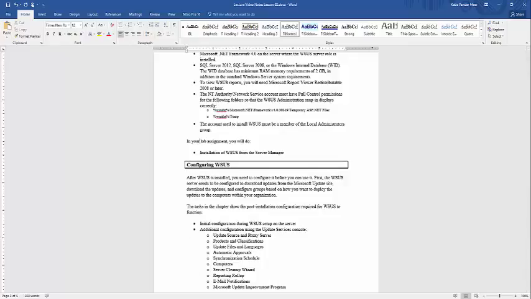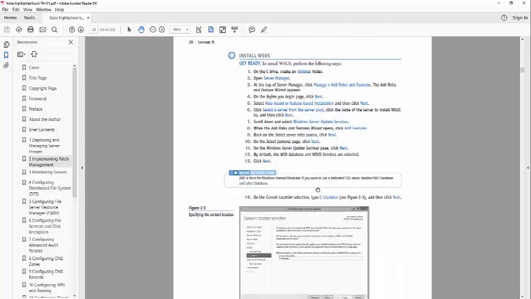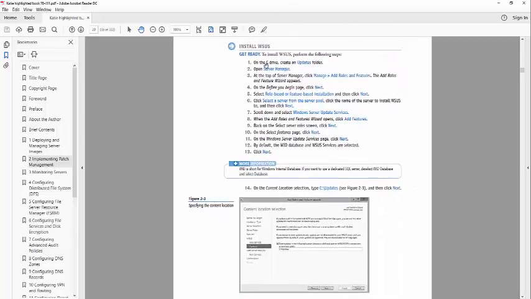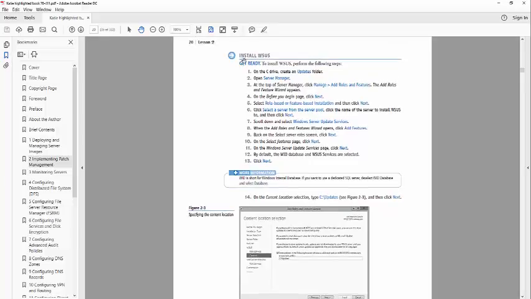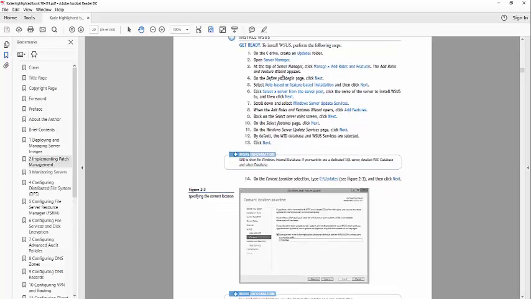Now let me pull the lab assignment up real quick, because I have a note in the assignment itself that I want you to pay attention to. Installing WSUS, let's look at the textbook. Right here on page 20, you're going to go through these steps. And this works no problem.